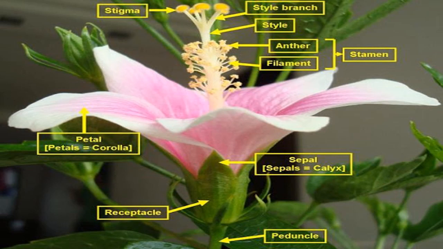At the top of this flower, there's a stigma. From the stigma, there's the part called the stamen. These pink colored things are called petals. This one is the sepals. This one, the bottom one, is the pedicel. It means stalk.